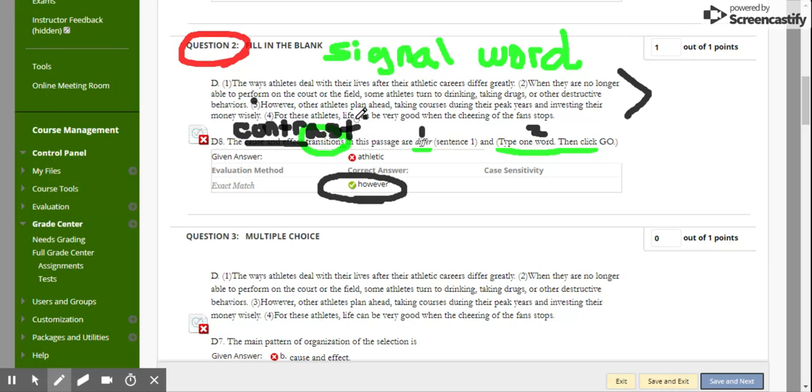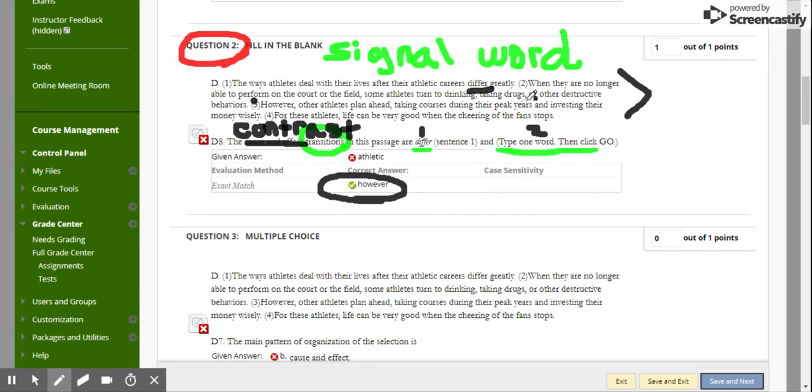It's not like a career such as teaching, where you can teach your whole life until you retire. Usually athletes have to stop because of aging or injury or other problems. So this paragraph is about what they do after that. And you see that the first sentence says the way athletes deal with their athletic careers differ greatly. So that means they're telling you they're going to talk about